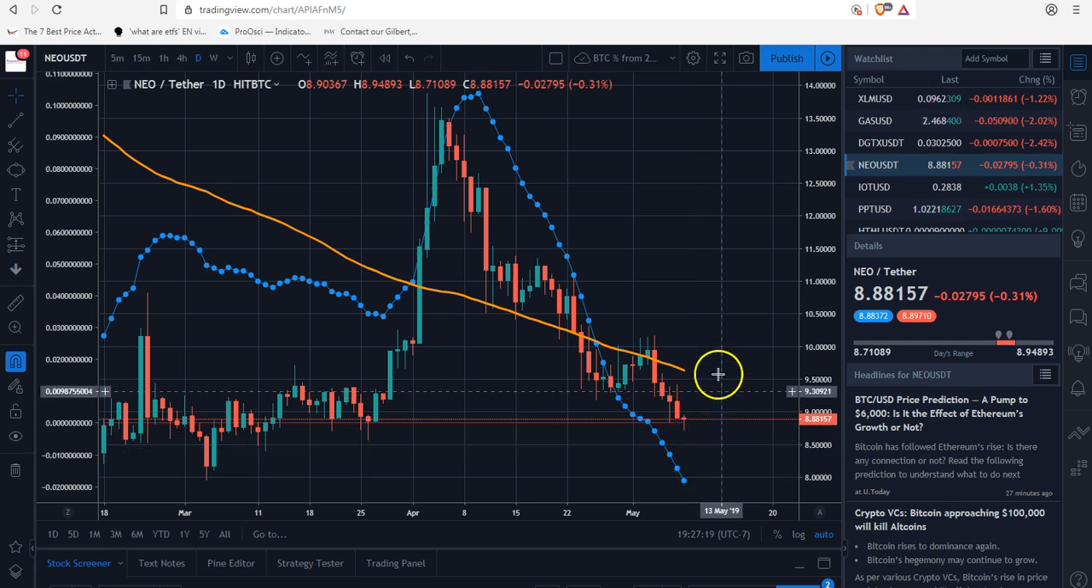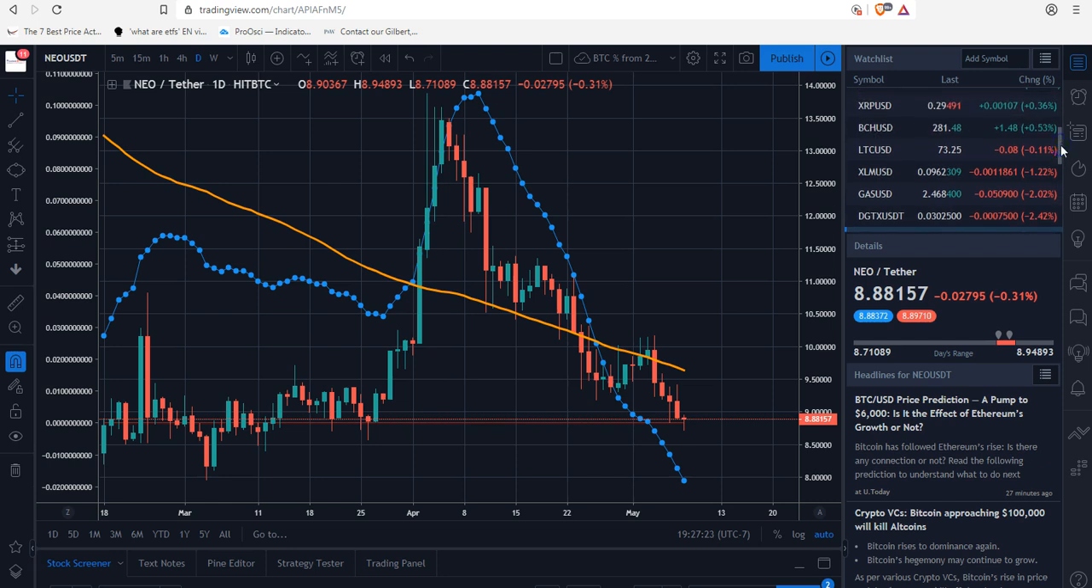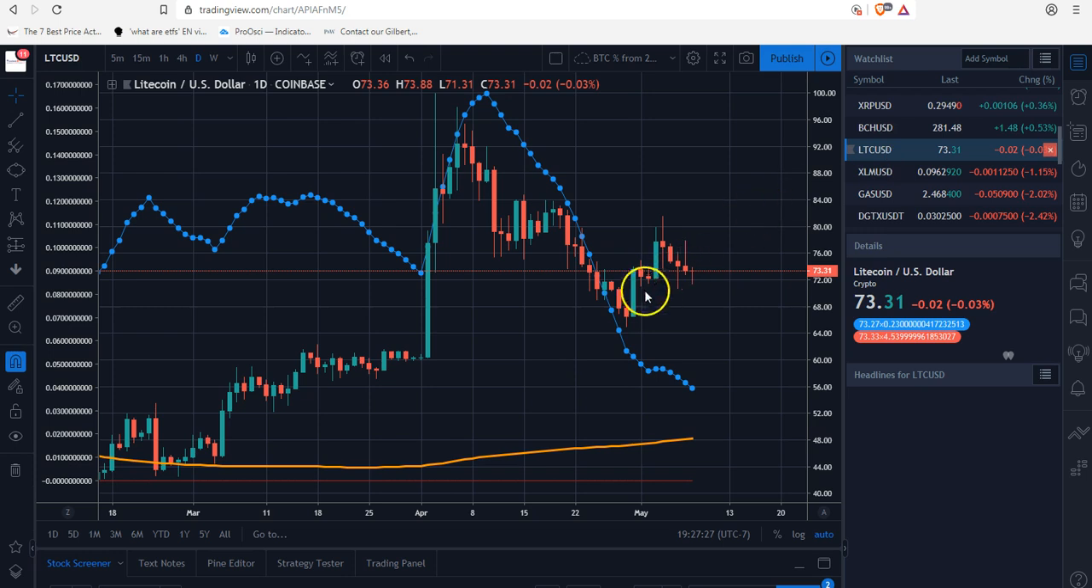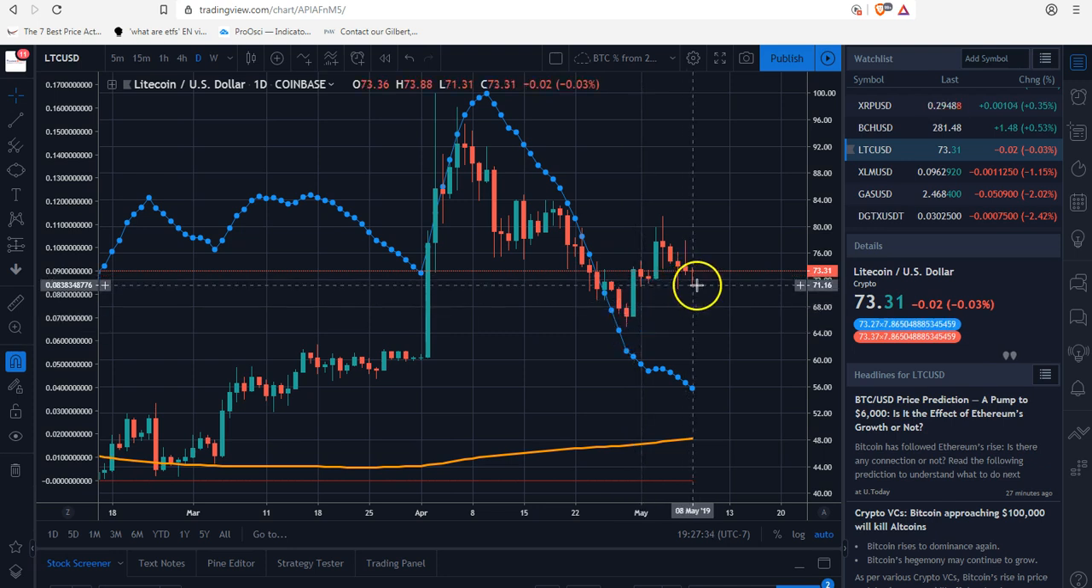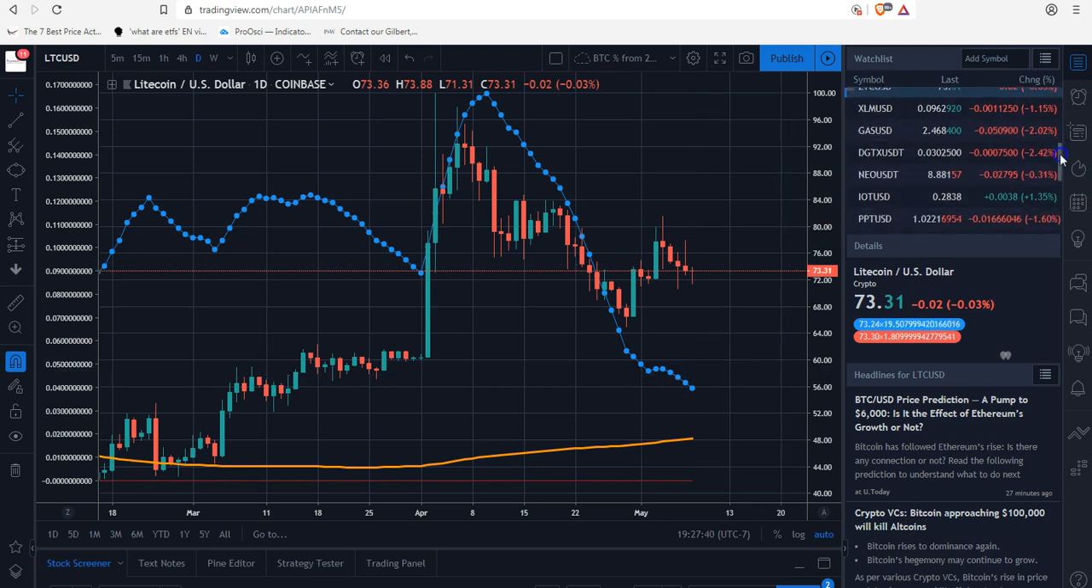So again, this is what we would expect in some of these other coins. Let's go to, for instance, Litecoin. So again, Litecoin, you have a low here of let's just call it $65. Right now, you still have a higher low in price, but yet the oscillators move down. And so when we go back to